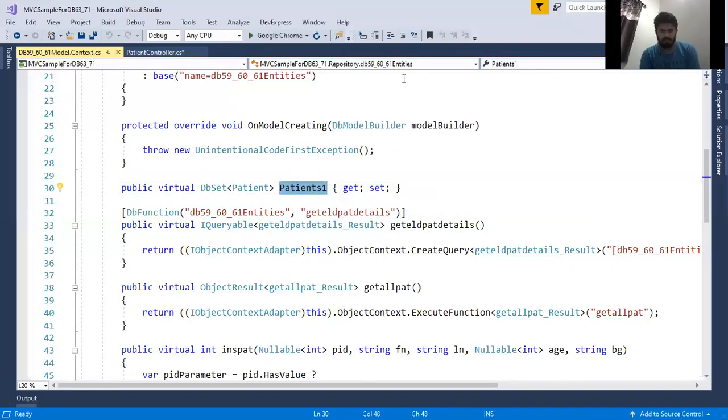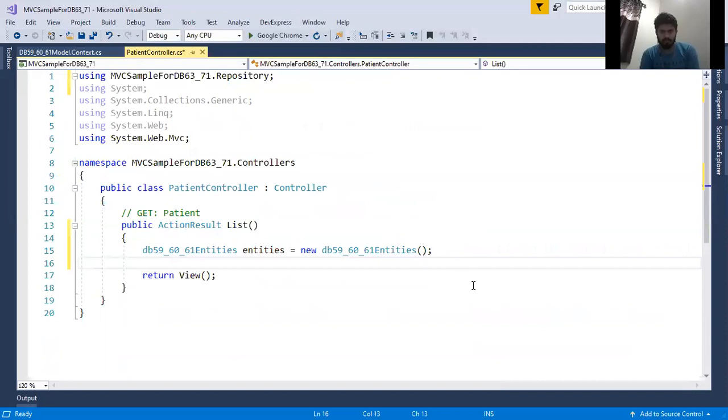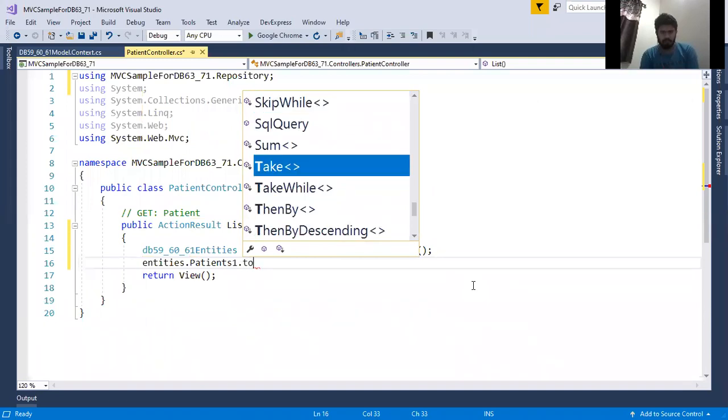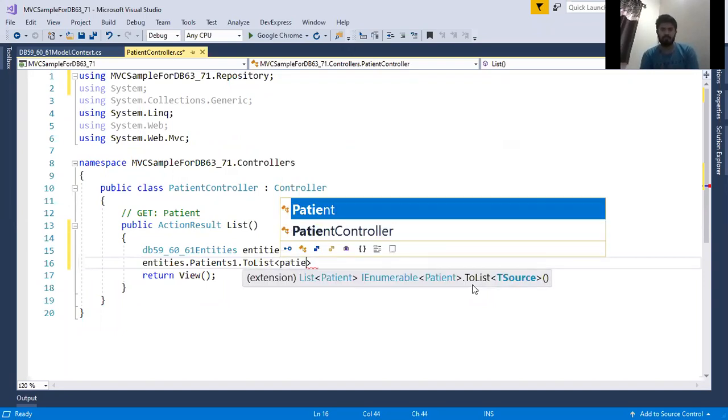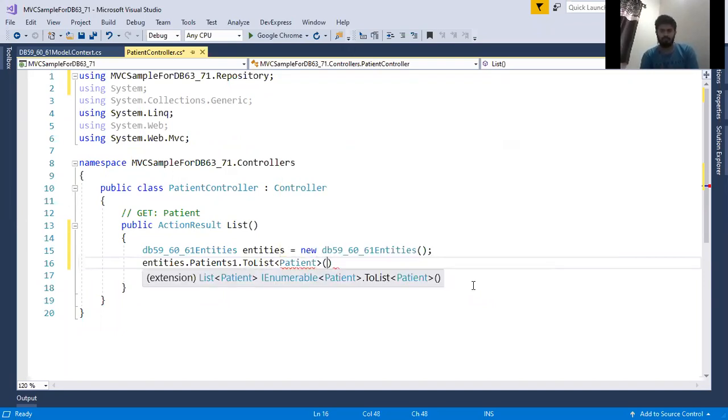So let me use this property. Now I have to use entities dot patients1 dot to list, of patient class, and then this. So automatically because of this code, you will get the entire patients' data in list format to the controller.